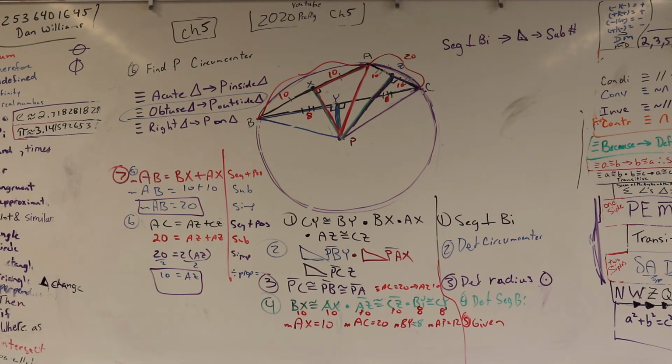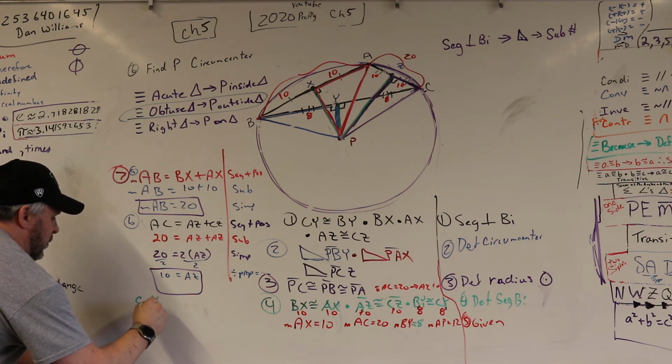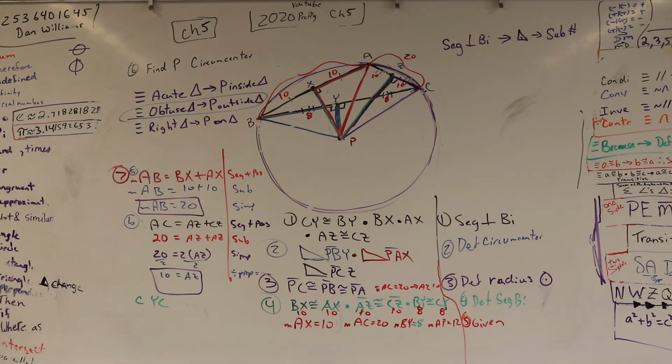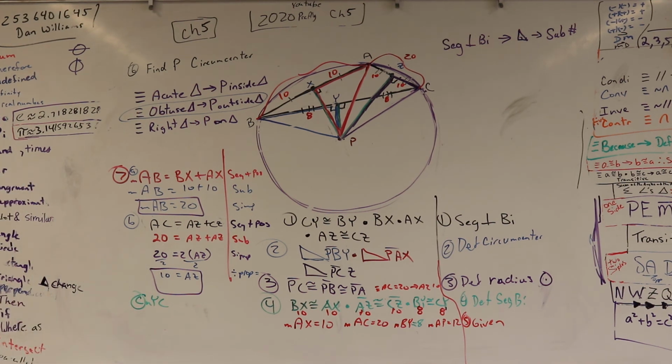That was B. And then C, they wanted find YC. So C is YC. So find the measure of YC. Okay? What's the measure of YC? Well, YC and B